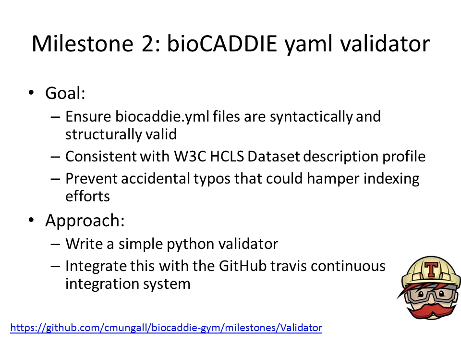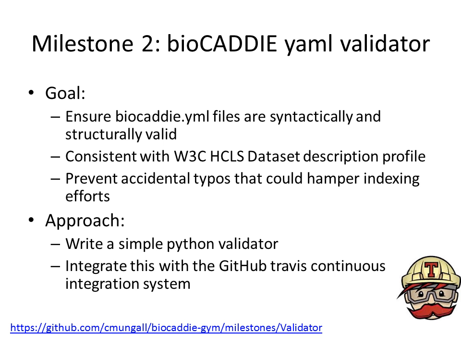What this does is that it means anytime anyone makes any change to their bioCADDIE YAML file, it will trigger Travis to run our validators on that and report back any possible changes, any syntax errors or anything that's missing from the file. And this is particularly nice when it comes to evaluating pull requests, because the pull request will actually show you, hey, you shouldn't merge this change back in yet because the change this person wants to make introduces a syntax error, and that will cause problems downstream when we try and index things. So it's a very nice way of catching issues as far upstream as possible.